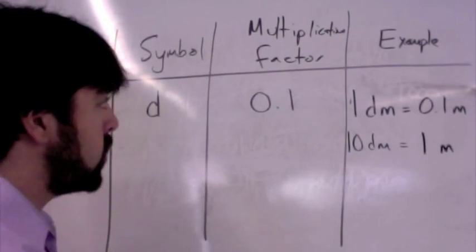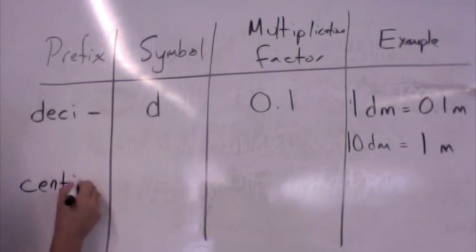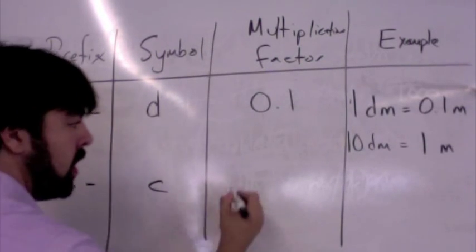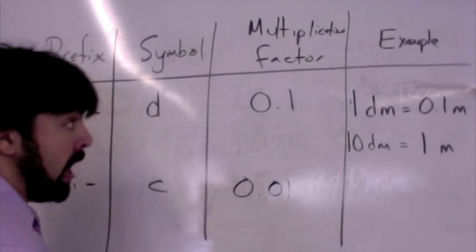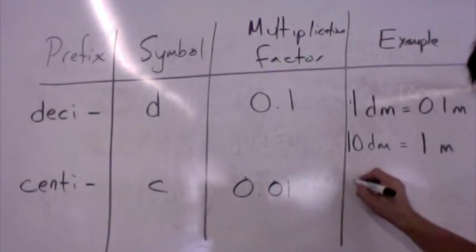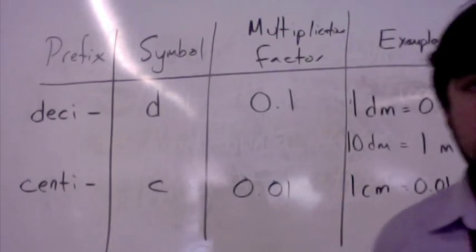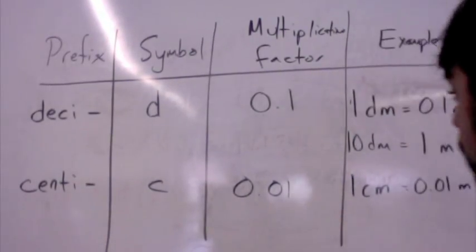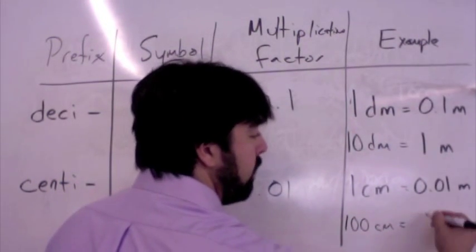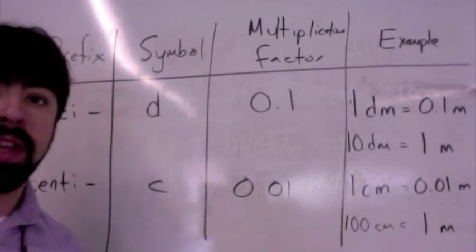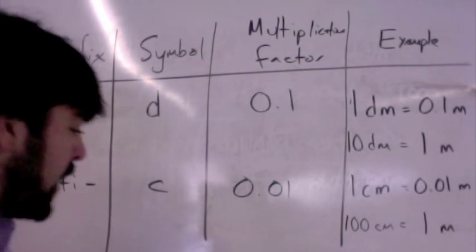Okay? Cool. After that, we've got centi, which is C, which is going to be a multiplication factor of 0.01. Similar to this, 1 centimeter is 0.01 meters, 1/100th of a meter. And again, another way to think of this is for every 100 centimeters, you have 1 meter. That's why we looked at the other day, a meter stick has 100 centimeters. The last one,